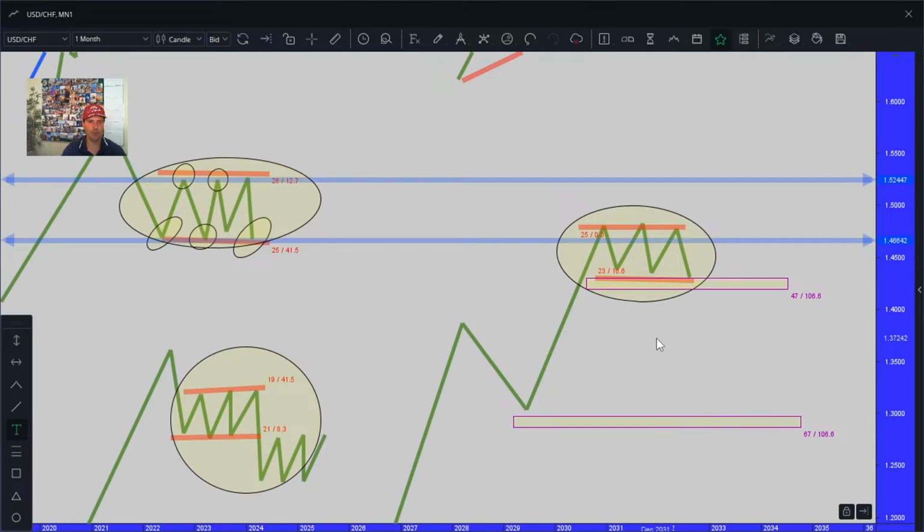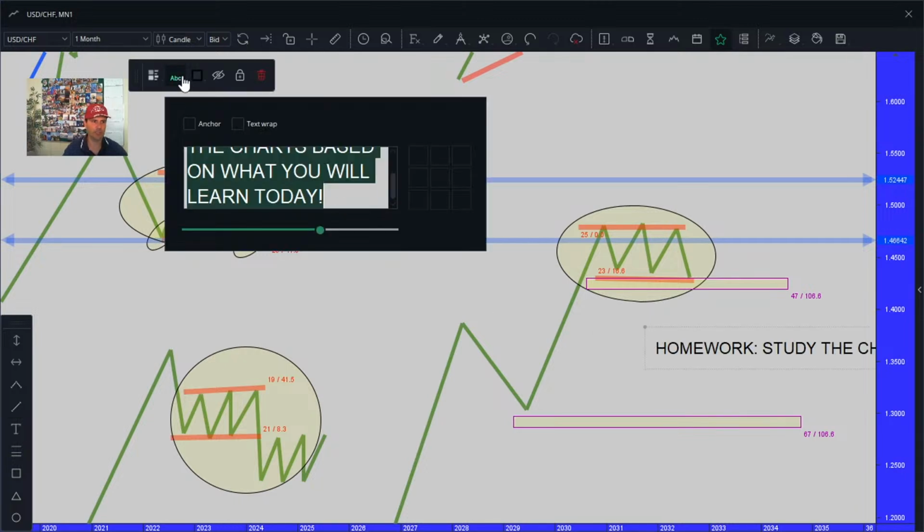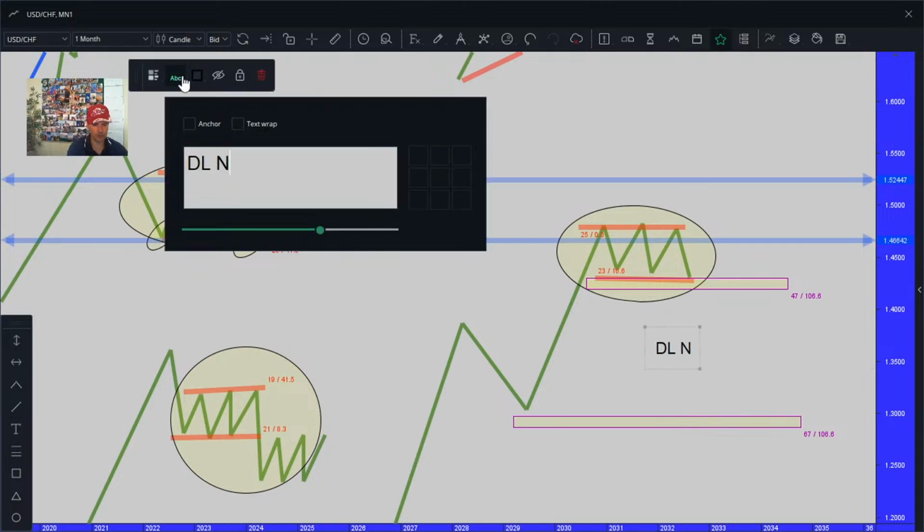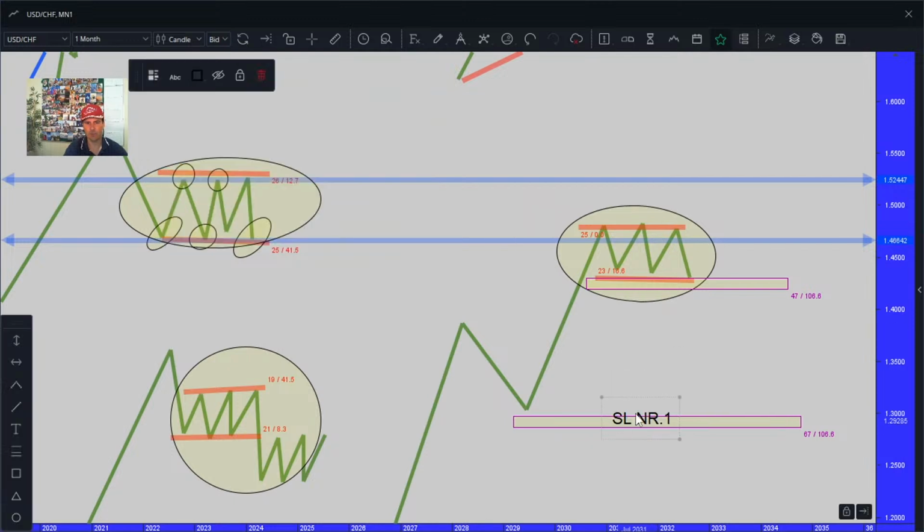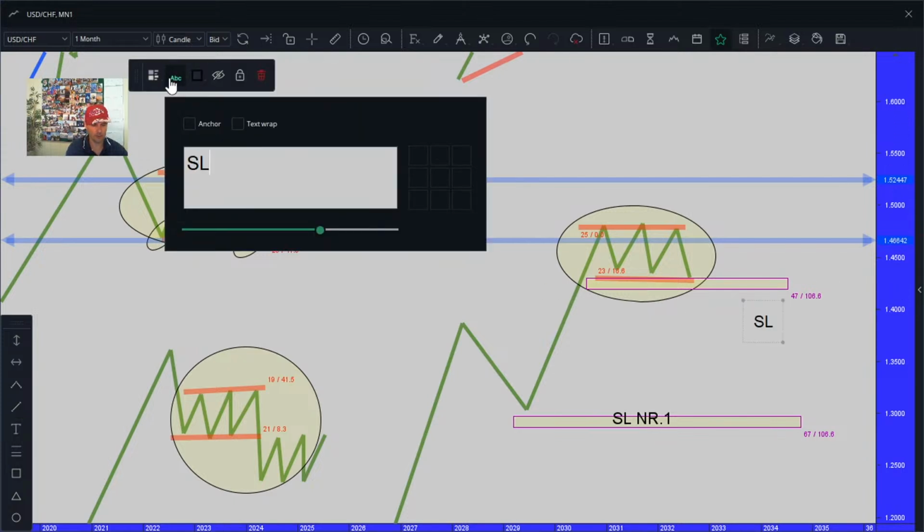And if you're going to put the stop loss at stop loss number 1, or if you want to put the stop loss at stop loss number 2,